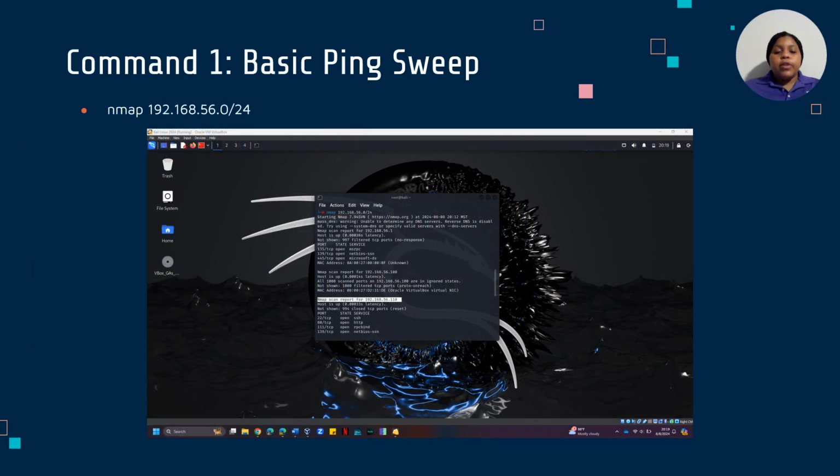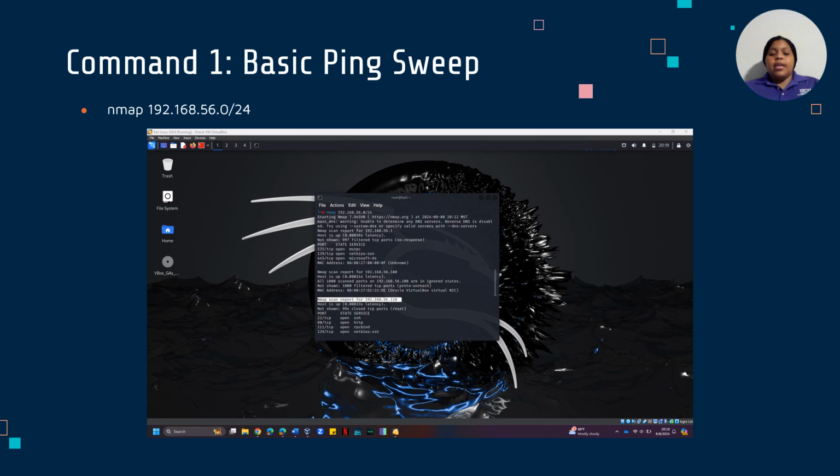Alrighty, so here's our first command, and it looks familiar from part one of this lab. We wanted to run a basic ping sweep again using Nmap, just so we can re-identify our IP address for the Kioptrix level 1 machine to make sure that it was the same, or if it changed, then we want to make sure we're aware of that. So to get to this point, we want to run nmap space 192.168.56.0/24. So we're running an Nmap scan on the entire network to see what machines are online and what it pulls. And we again found our Kioptrix 1 machine, and fortunately it does have the same IP address that we can work with,